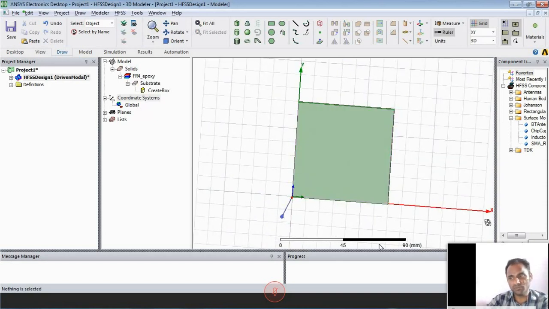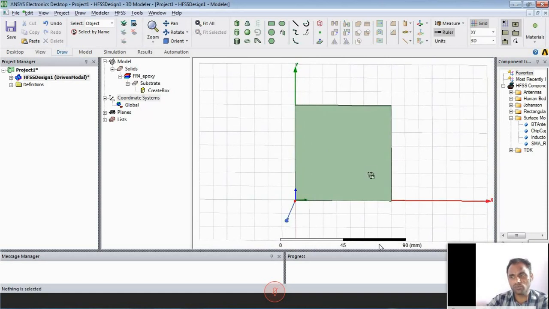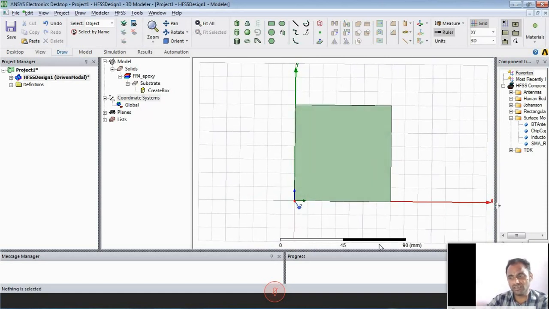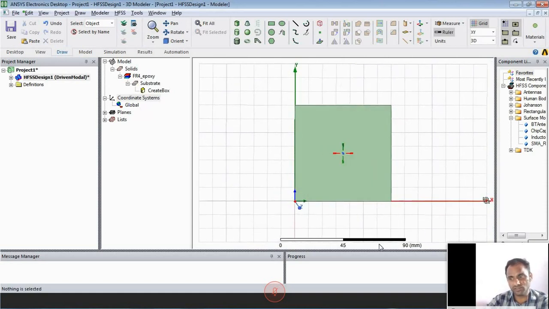And length is 70 mm and also width is 70 mm. Here, why I am taking my ground as my substrate, and ground is a square, means all the four sides are equal. So the radiation propagation, I want an equal radiation propagation. So here I am selecting my ground as a square one.